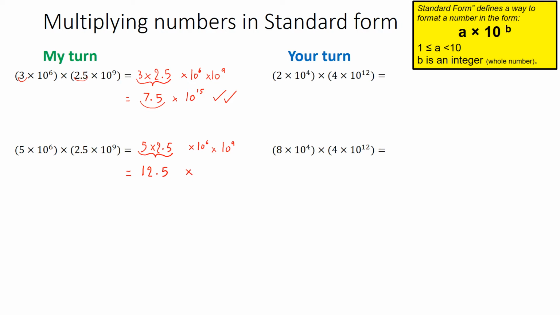And if you have 10 to the power of 6 times 10 to the power of 9, again using your laws of indices, you have 10 multiplied by itself 6 times, and then multiplied by itself again a further 9 times. So this gives you 10 to the power of 6 add 9, which is 15. This so far is correct, but this time when you do your sanity check, you can see